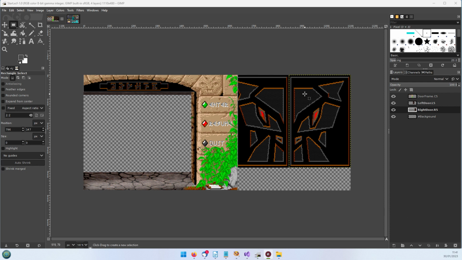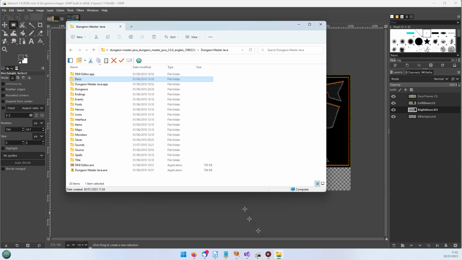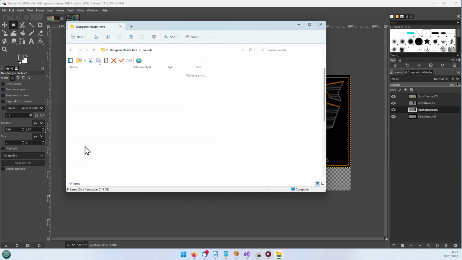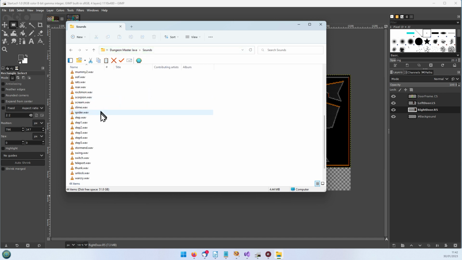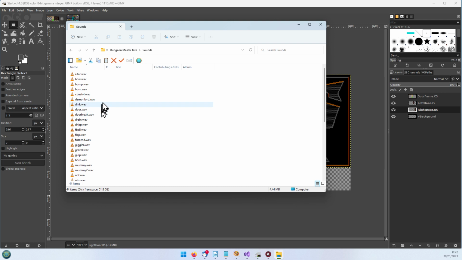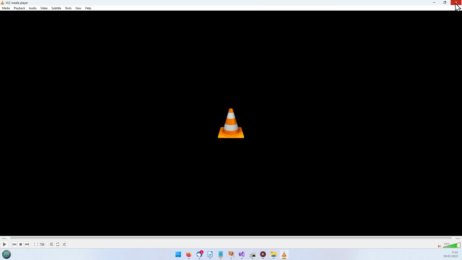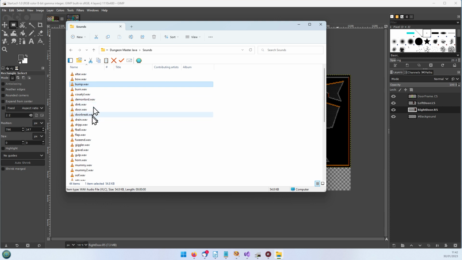So what we'll need to do is to process the graphics. If I just bring back the folder here, this is what we downloaded. So the sounds, as an example, when it opens up, there are quite a lot of sounds in here. The sounds are there ready to be dealt with so that they can be incorporated. They're all in WAV format. So for example, we've got the bump sound for when the champions hit the walls or whatever you wanted to do. So those are fine. We don't need to do any processing with those, but we do need to get these images